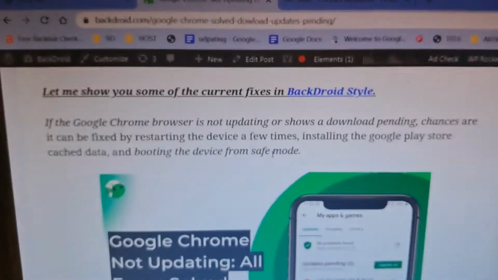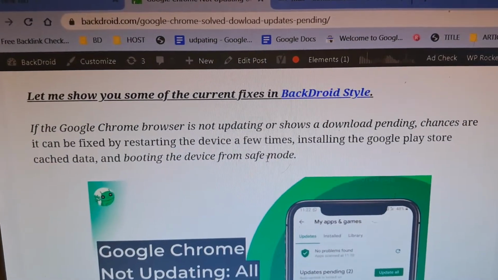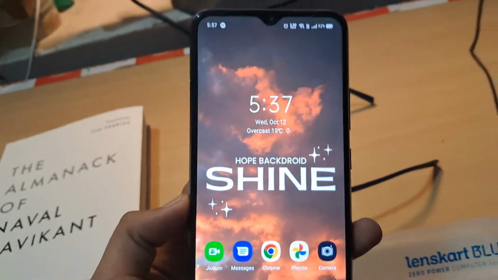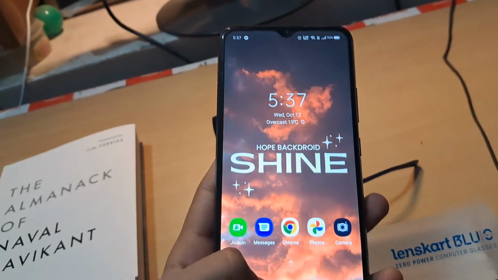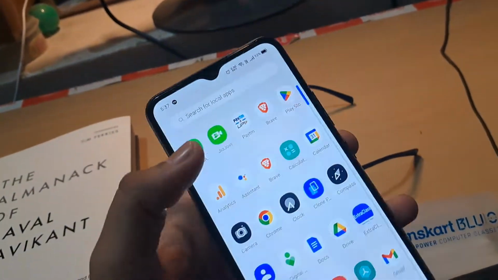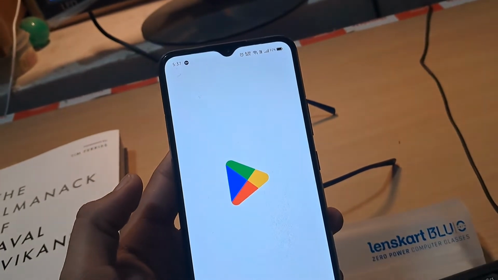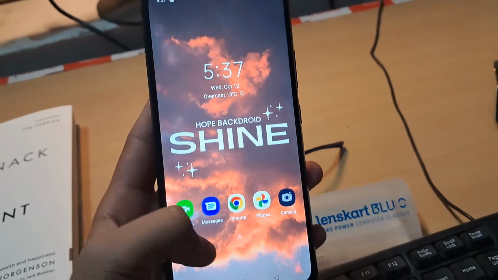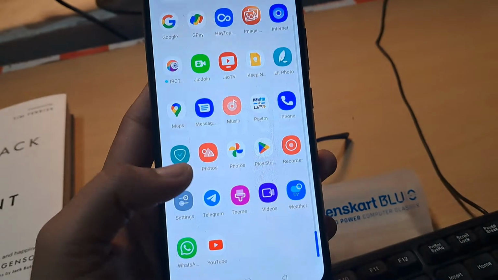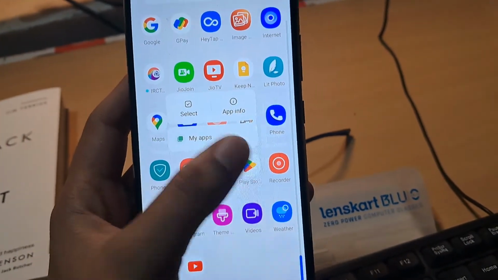We have already fixed like 519 errors, as you can see in the stats, and this video will be helpful in fixing the Play Store to update the Google Chrome app if it's not updating. Let's dive in. So taking you through the first step, you have to get into the Play Store app info settings just like this,